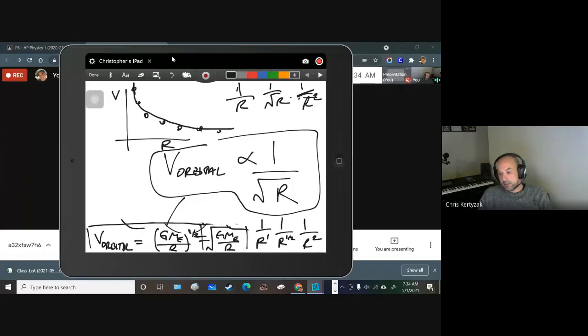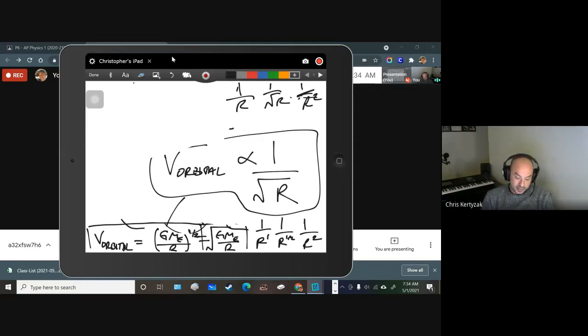So what's happening when we compare those on the bottom right of the screen right now? We've got r to the 1, r to the 1/2, r squared. What the exponent is doesn't matter. As long as it's a 1 over r relationship, then the shape of this graph will always be the same. It'll always look like I had drawn. 1 over r squared is going to go down more quickly than this, which would be like 1 over square root of r,